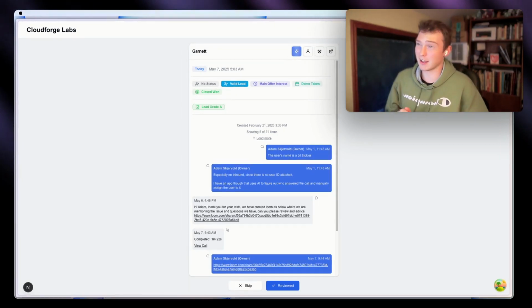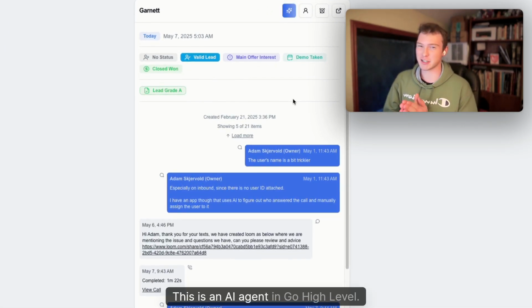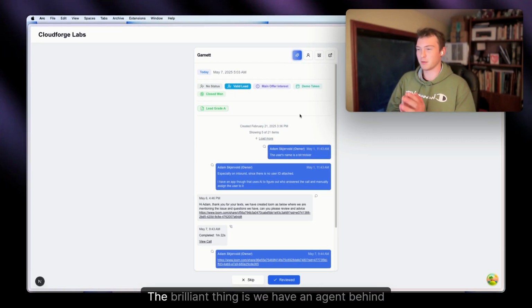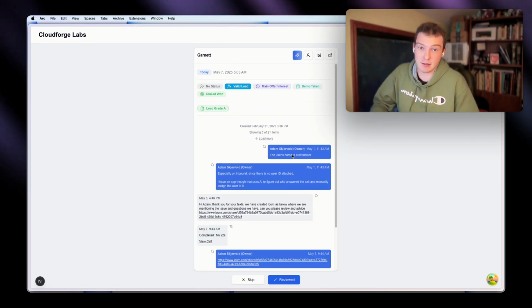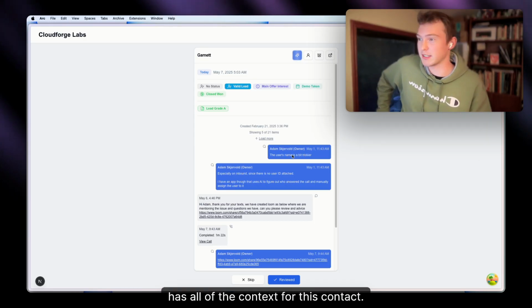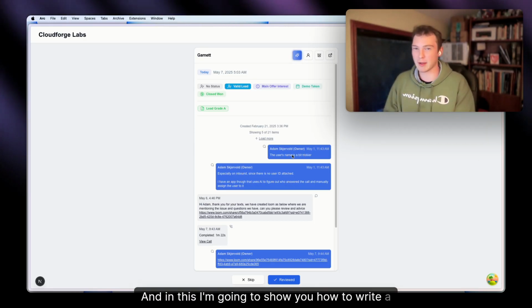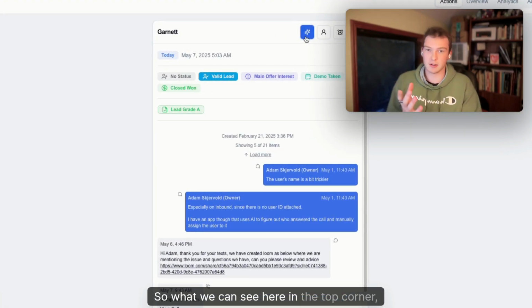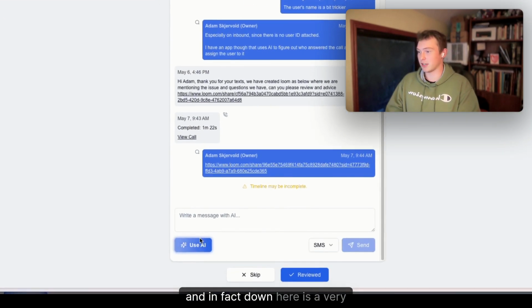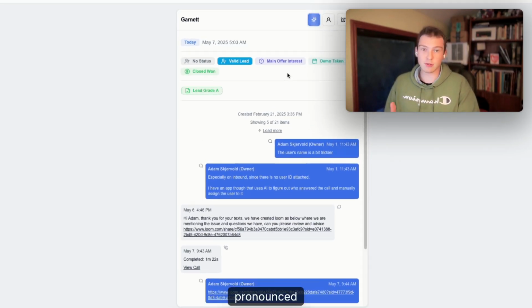And we're back! This is an AI agent in GoHighLevel. The brilliant thing is, we have an agent behind this interface that has all of the context for this contact. And in this, I'm going to show you how to write a message and add some more context around this contact. So what we can see here in the top corner, and in fact down here, is a very pronounced